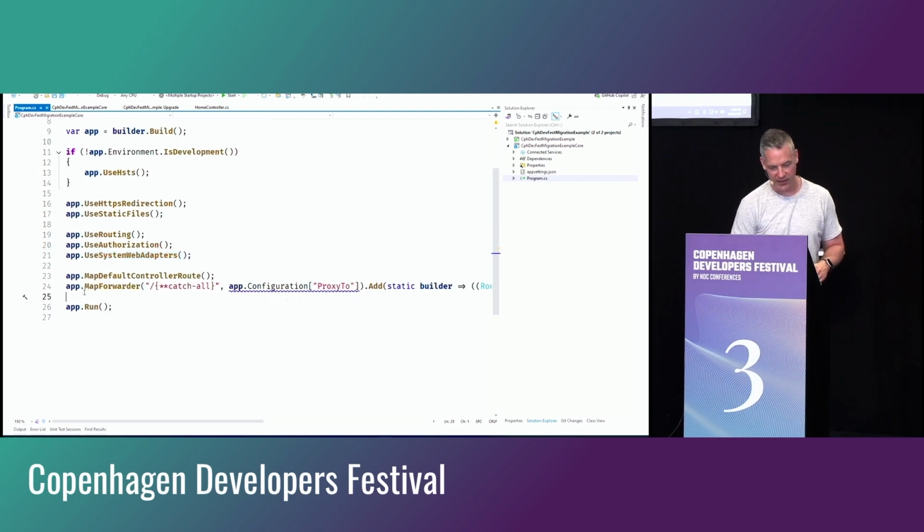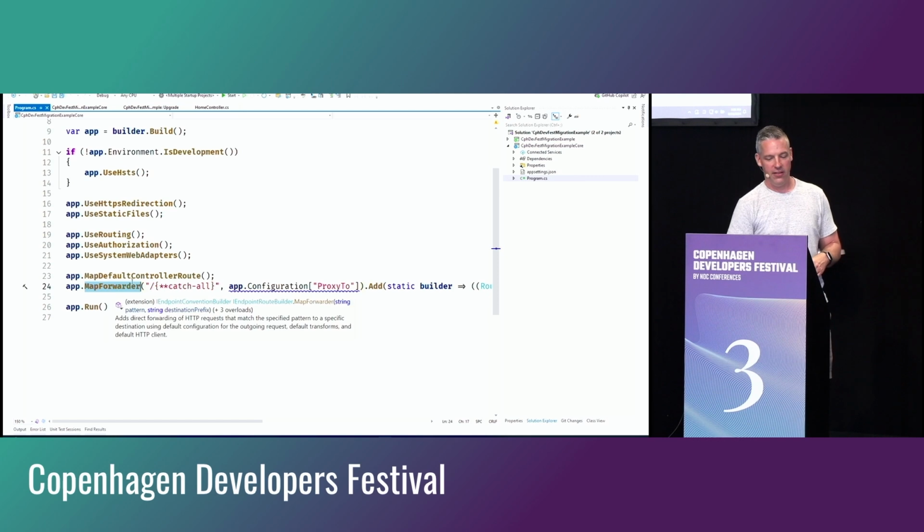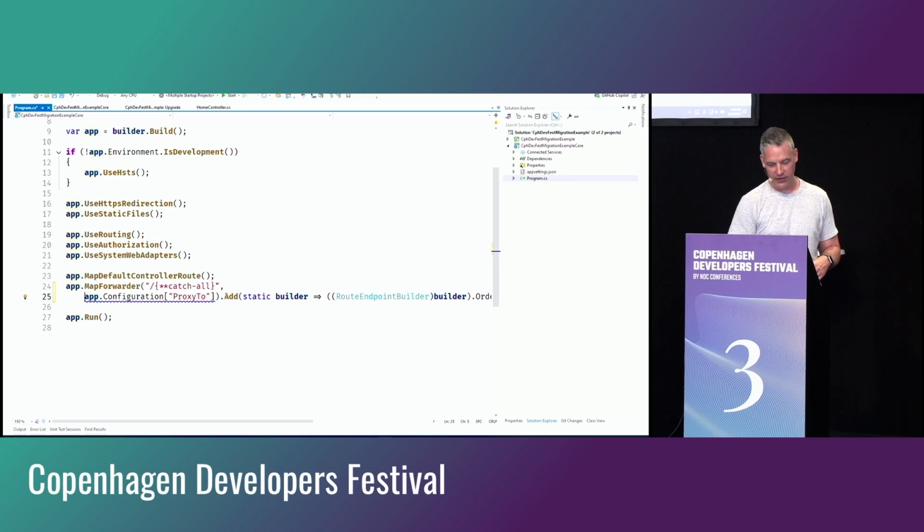And so right here, this is the last middleware we register. And then finally, for mapping the requests, we will first map the default controller route. So that's controller action view stuff. And then after that, we'll map this forwarder. So if this one cannot handle the request, then we have a catch-all forwarder that will map all those requests